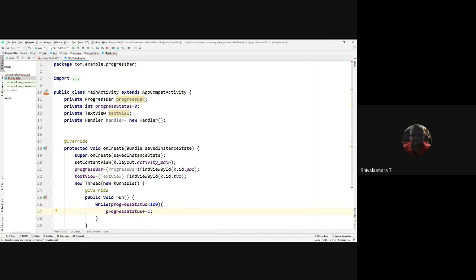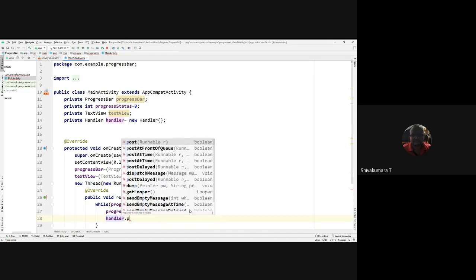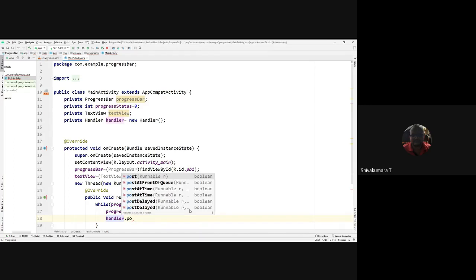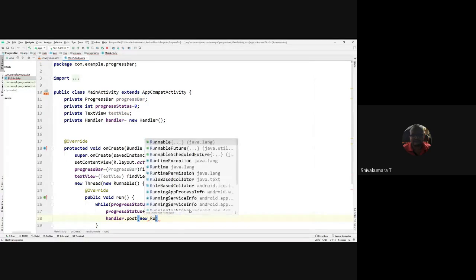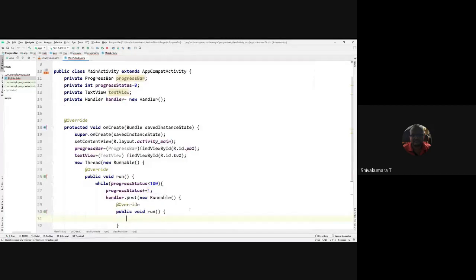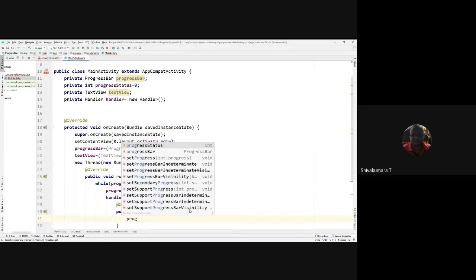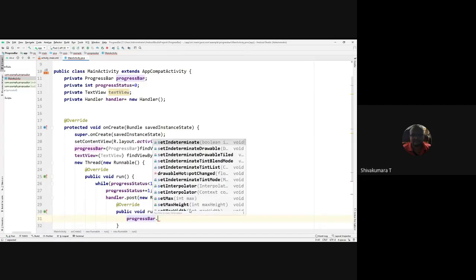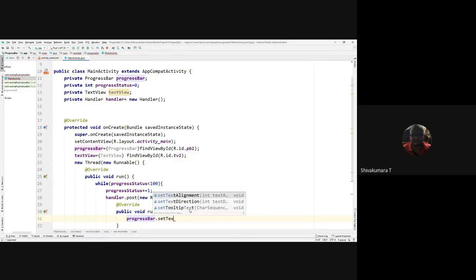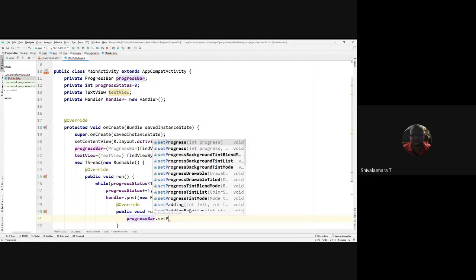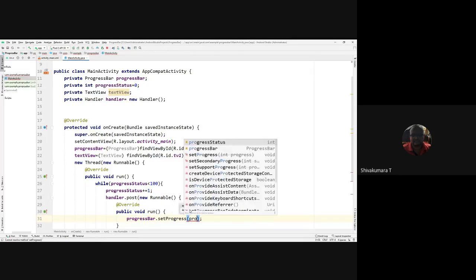Then with the help of handler dot post, runnable, handler dot post new runnable, progress bar dot set progress, progress status.